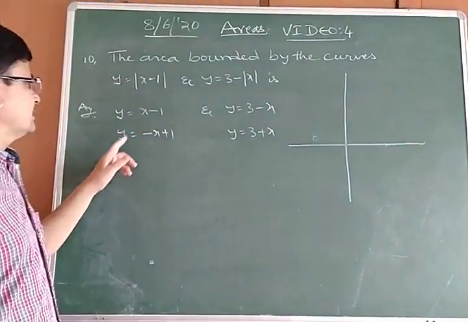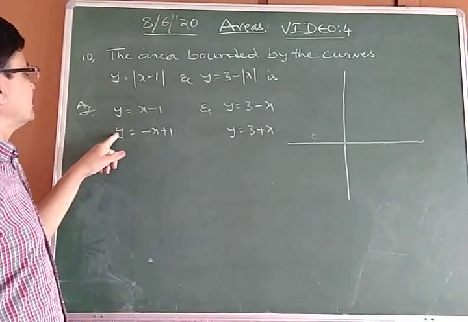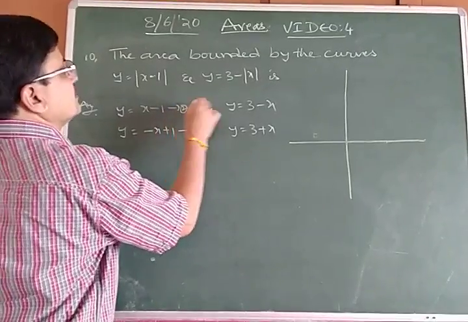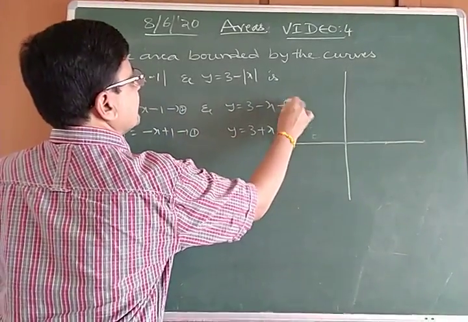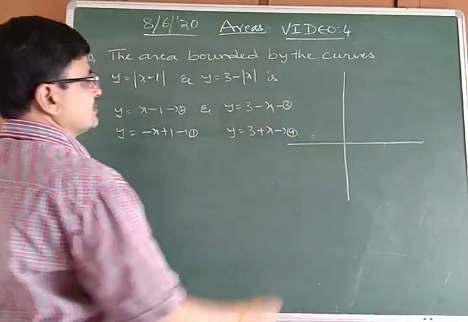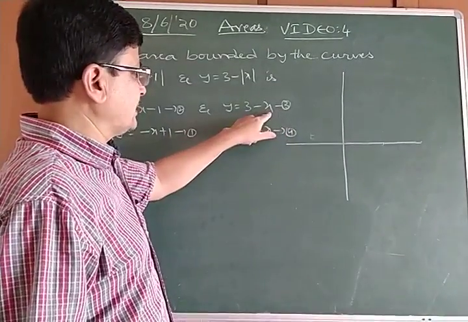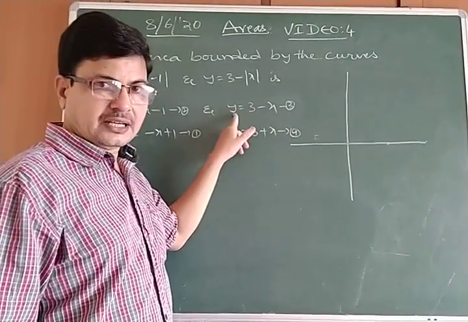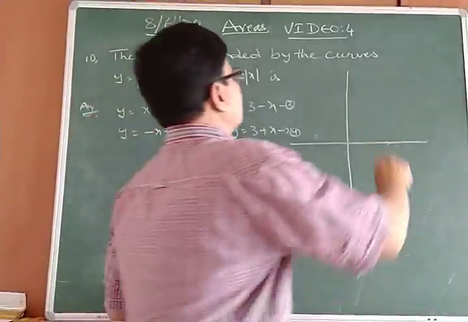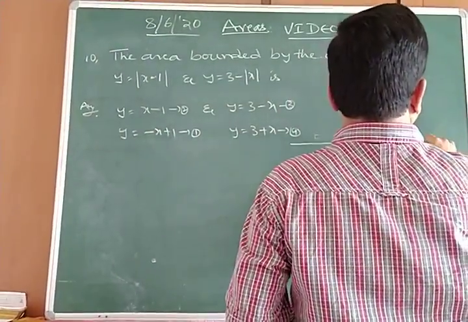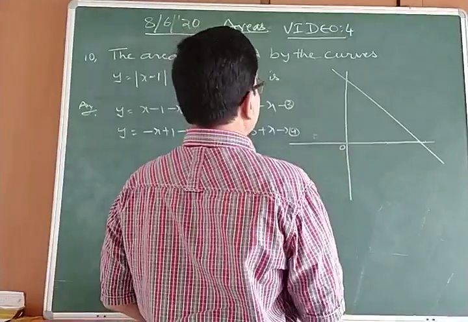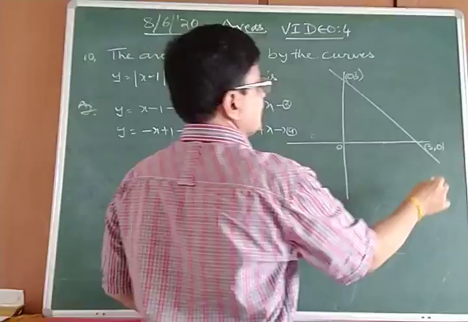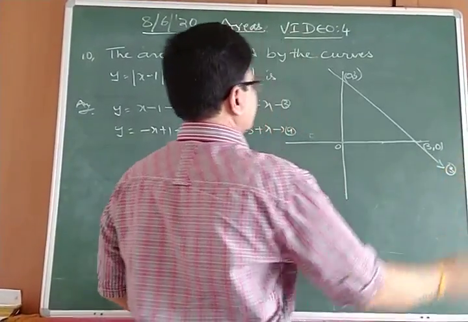So that's why we're taking a coordinate axis like this. First of all, we're taking straight lines. This is equation number 1, this is equation number 2, equation number 3 and equation number 4. From equation number 3, we write x plus y is equal to 3, which means x intercept is 3 and y intercept is also 3. So we take a coordinate axis. This is the origin. This is 3 comma 0. This is 0 comma 3. This is the straight line 3.